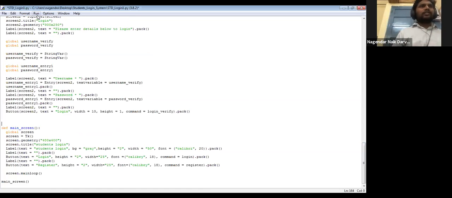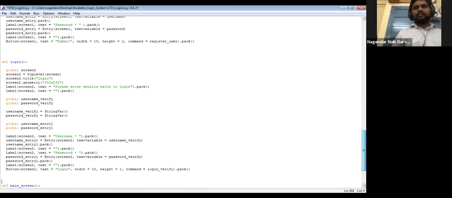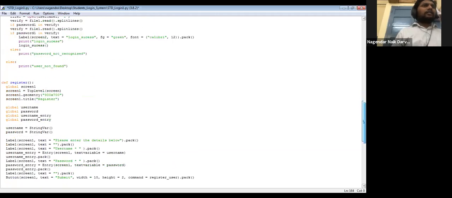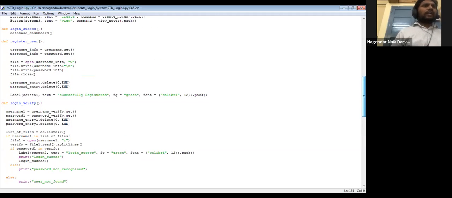Blank means I'll show you. Okay, again I need to run the video, right? After register, again here, register user. So whatever you take, that needs to be stored in some file, right? Whatever you register over there needs to be stored in some file. So here you are accessing files, and once you enter the things, immediately after pressing the okay, successfully done, submit button, the field needs to be complete white again, nothing will be there. The data automatically needs to be cleared.